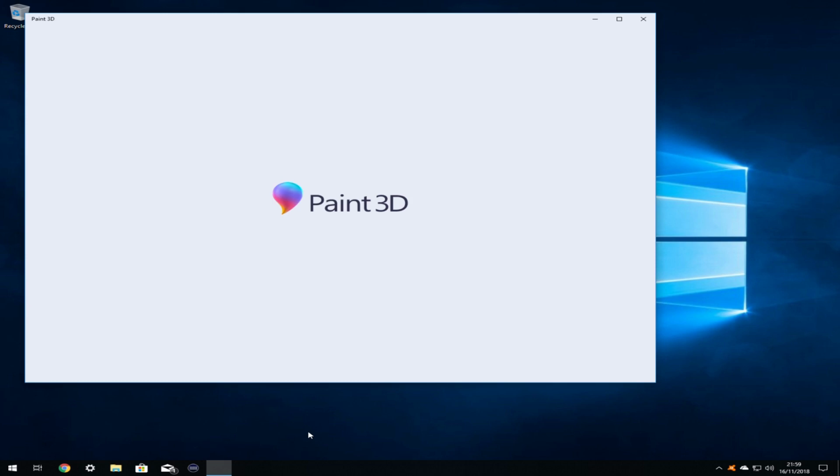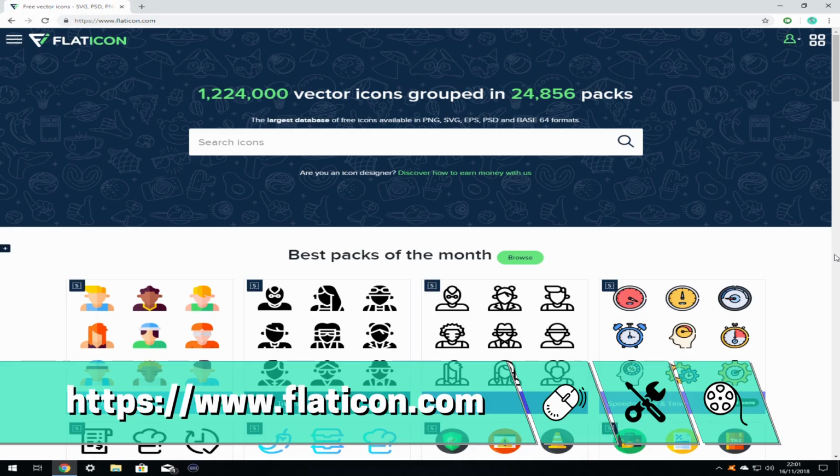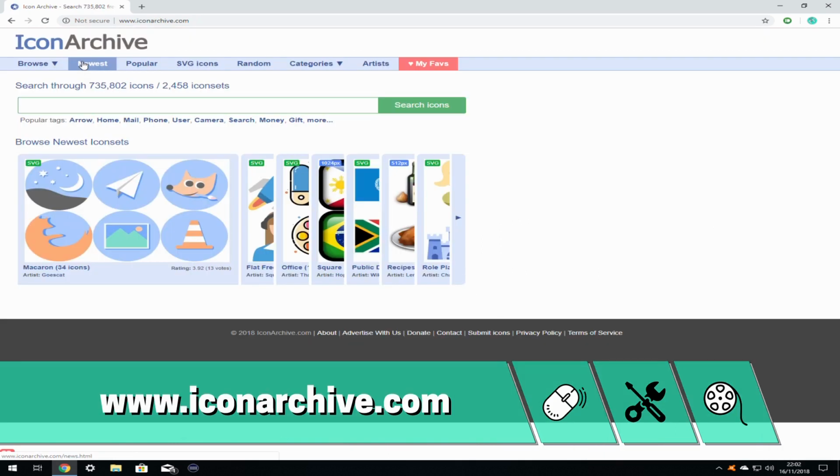Users have absolute flexibility in their method of icon creation, from free options including Microsoft Paint and Paint 3D, to more sophisticated options including Photoshop. Of course, you can source icons directly from a Google search, or from dedicated icon websites such as flaticon.com, icons8.com, iconarchive.com,